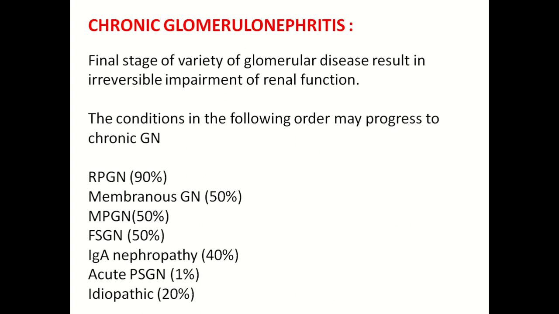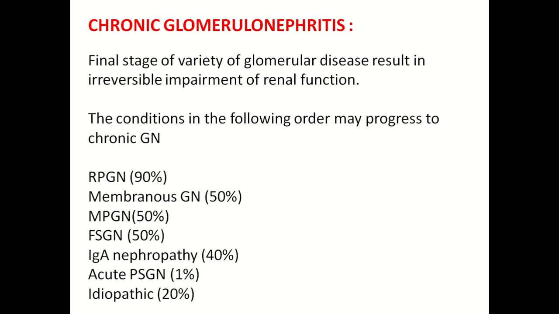The conditions may progress to chronic glomerulonephritis in the following order. First, rapidly progressive glomerulonephritis has a 90% chance of converting into chronic glomerulonephritis, followed by membranous glomerulonephritis 50%, membranoproliferative glomerulonephritis again 50%, and focal segmental glomerulonephritis again 50%, which is associated with AIDS and